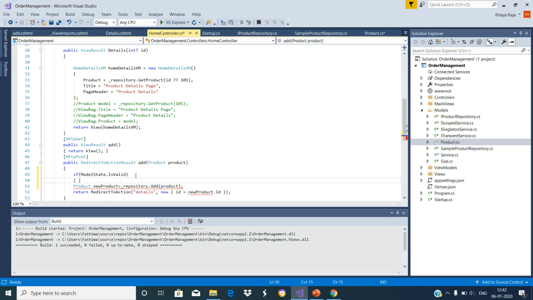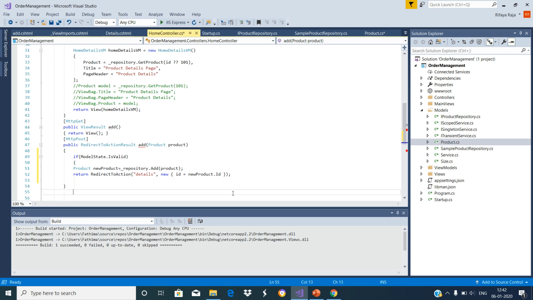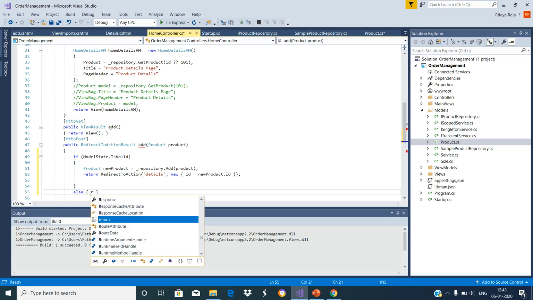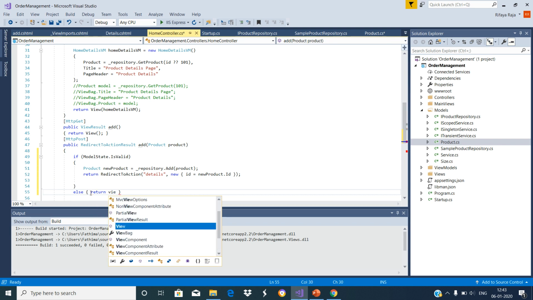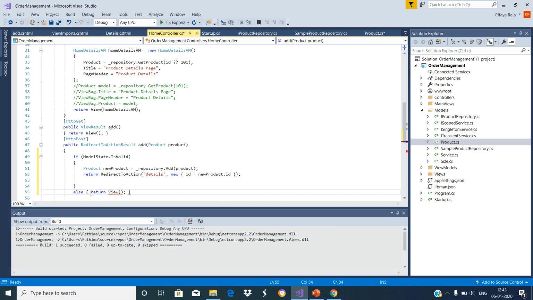So if it is succeeded, we have to redirect to the action Details. If the validation has failed, we have to return the same view so that the user can provide the required data and resubmit the form.